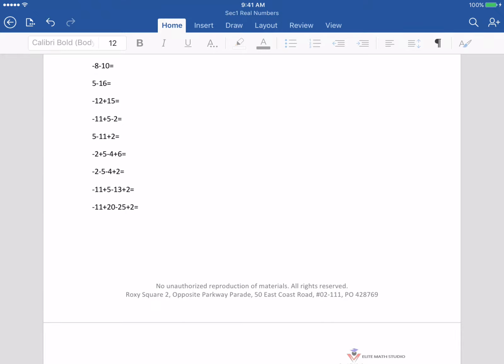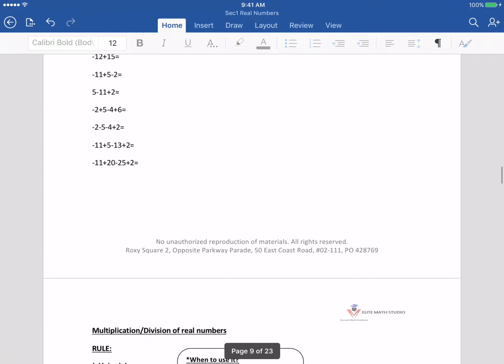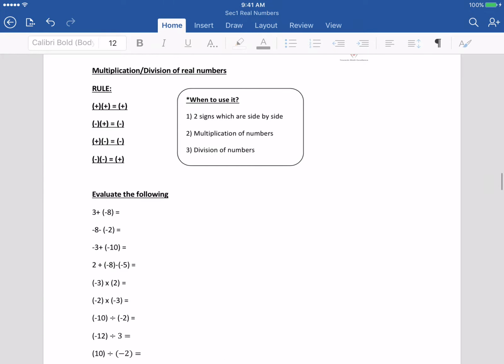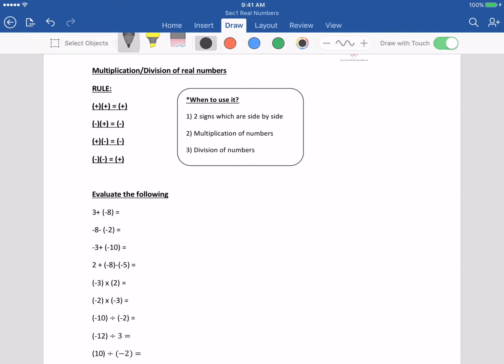If there are more than 2 terms, say an expression of 3 terms, just do it 2 by 2. Okay, next one, we have some rules for us to remember when you do multiplication or division of positive and negative real numbers. So the first rule is actually this: